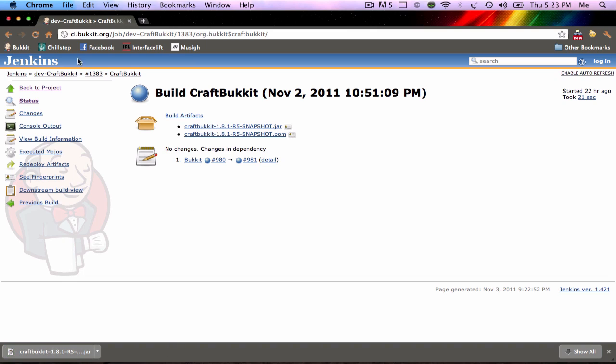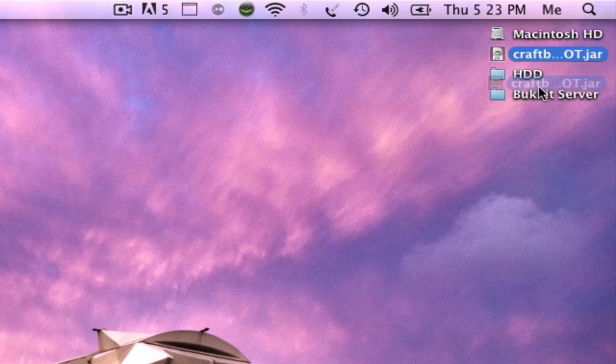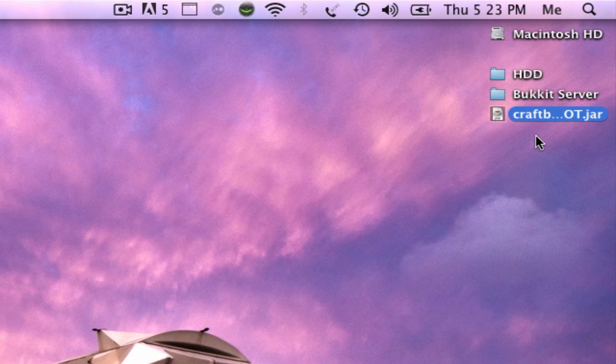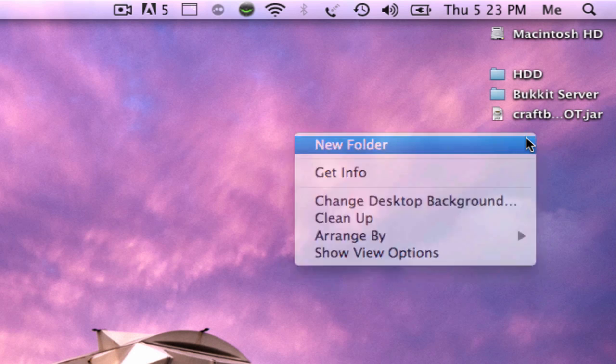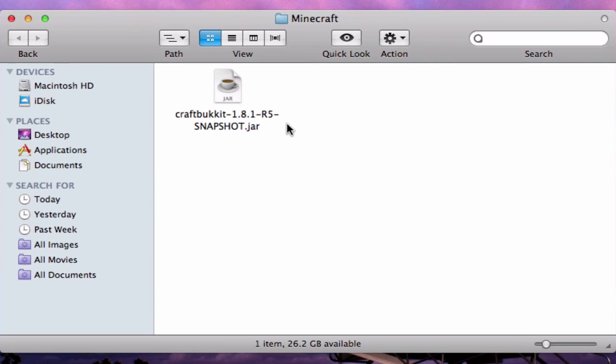And once this is downloaded, we can actually close your internet browser and then just drag this file down here and right click to create a new folder, and this folder can be entitled whatever you desire. I'll just call it Minecraft, and then drag this .jar file into the folder, double click it to open it, and then rename this file to